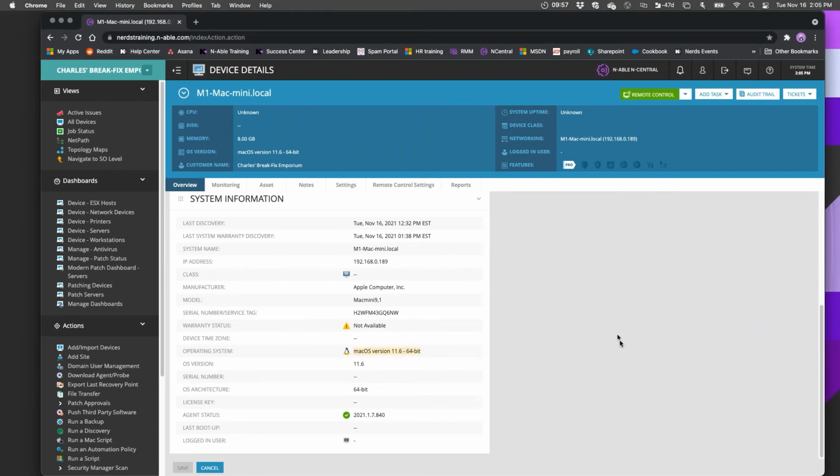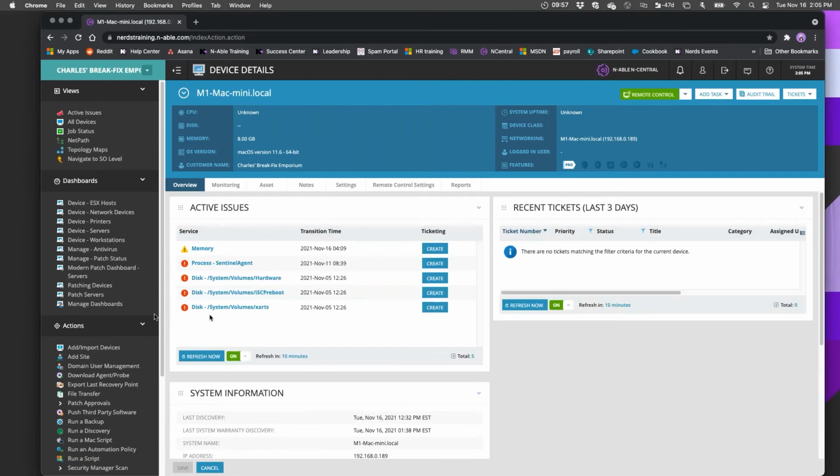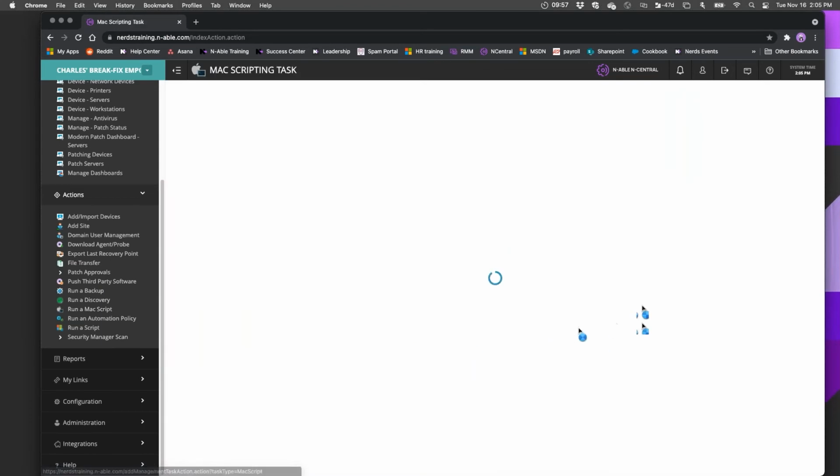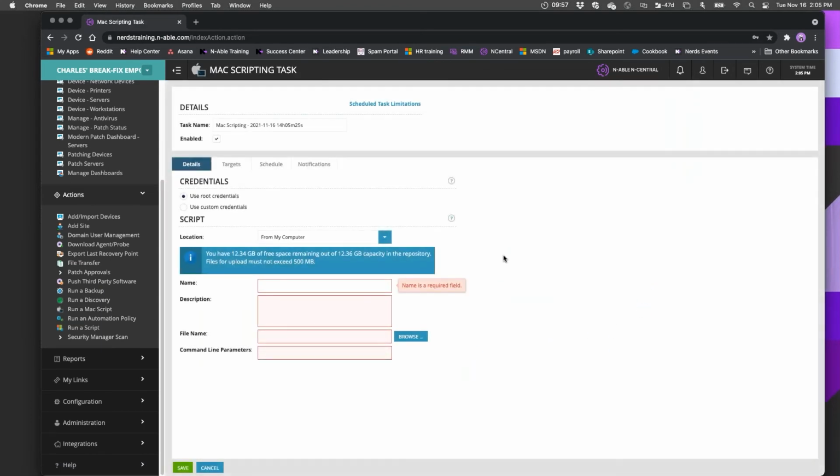I don't know why it's got a little penguin icon there instead of the happy apple, but that's another one of those things that hopefully will be addressed in short order with the Mac agent and updates to N-central in the next few releases.